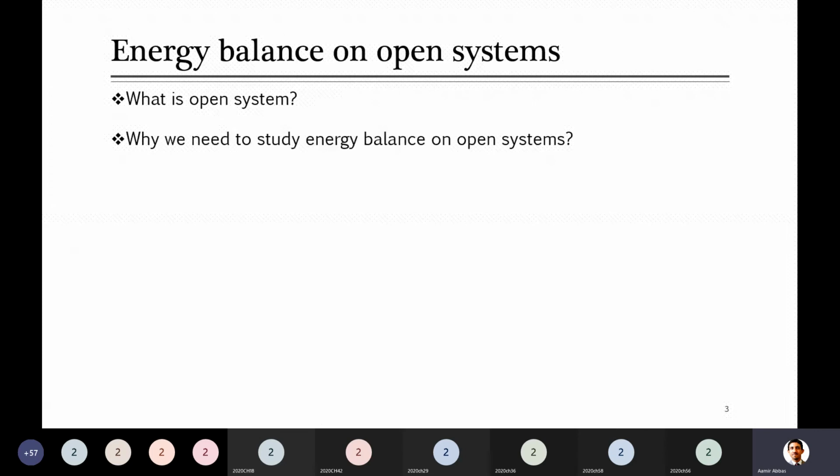Although we have discussed closed systems very well, what is the need to study energy balance on these open systems? Can anyone answer this? Rate of inlet is equal to rate of outlet. Yes, that is true, but why is there a need for discussing open systems? I think closed systems were more than enough. Why are we going for these open systems? Because these equations will be complex and a lot more will be included. So what is the need, guys?